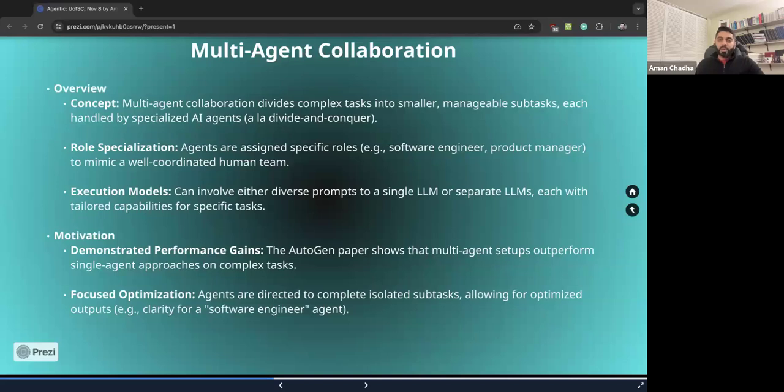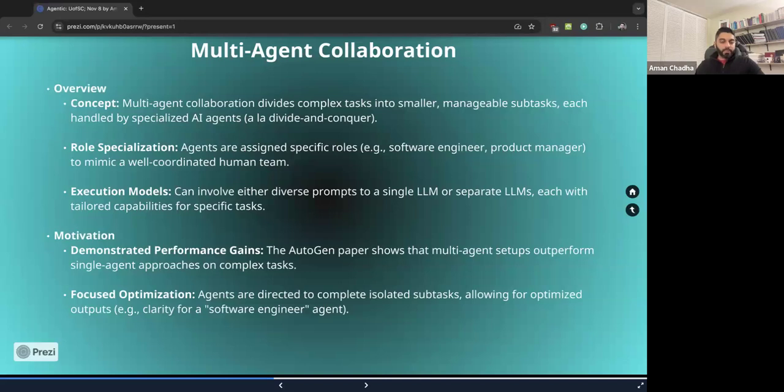So we could utilize that specific LLM to carry out that role, and you could have different LLMs carrying out these different disparate roles. You could also have a single LLM with different prompts modeling each of these individual components or agents. It depends on the task that we're looking to solve.